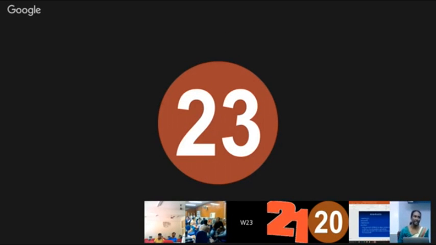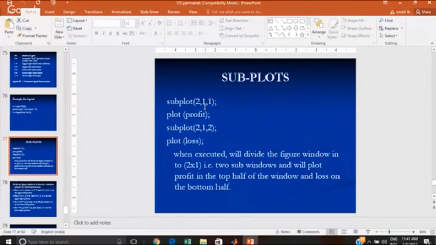So we'll go to the next session. Now we will continue with the subplot. Once the subplot is over, then we'll go to Simulink and then Arduino. Okay. So first of all, in subplot, as I already told you, in the same plot, when you want multiple